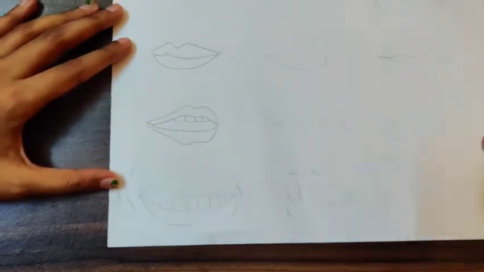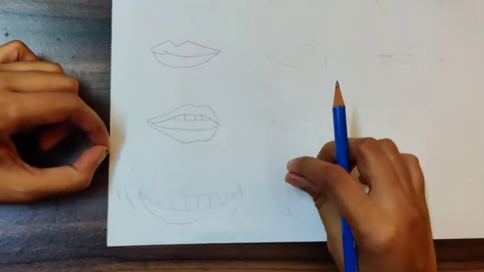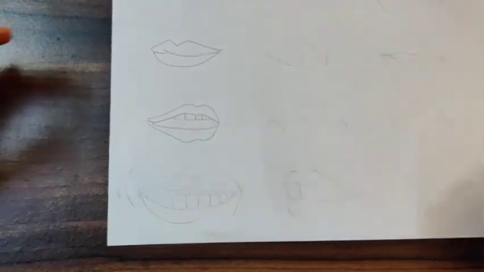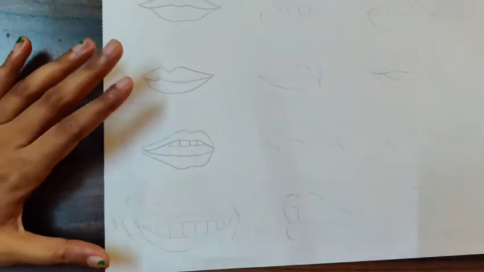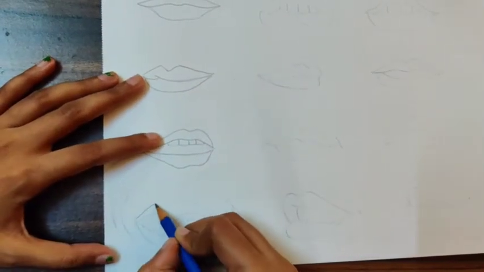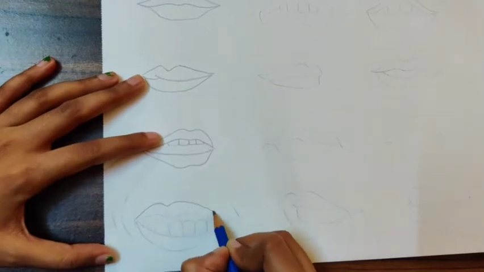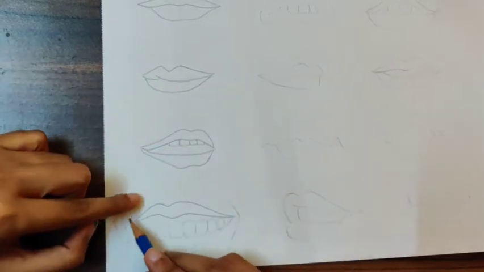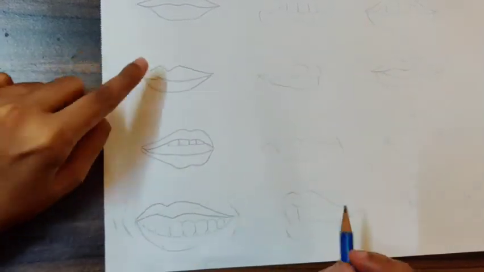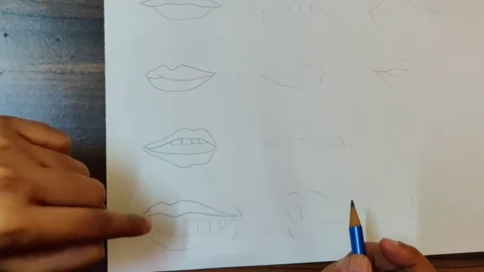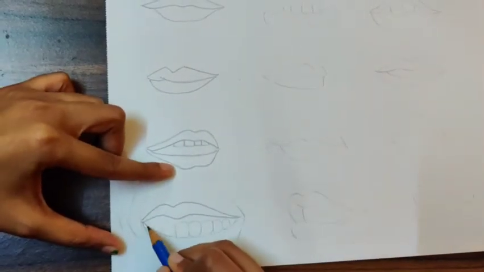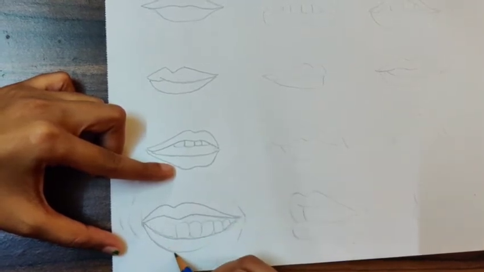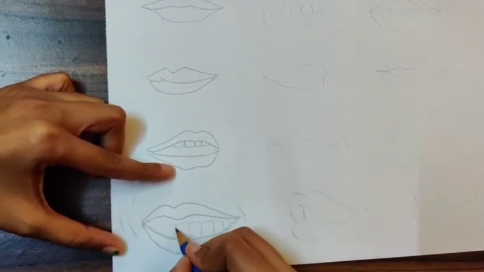Now comes a lip which is fully open and all the teeth are seen. This is also looking in the left side direction. So the top portion remains the same. We'll start with the upper lip. Again the left side small, right side big, same as this one, just that the mouth is open over here. Now I write a C. In between I leave some space, then I write 2 C's below, and then comes the teeth part.